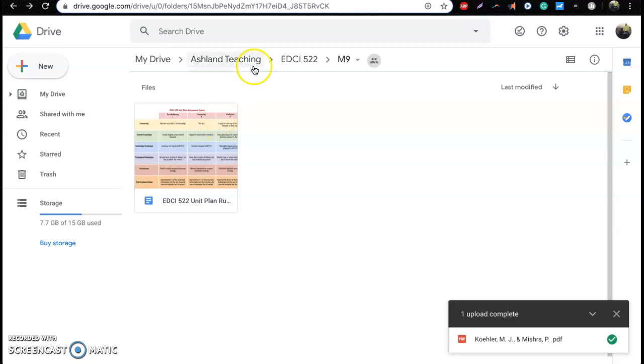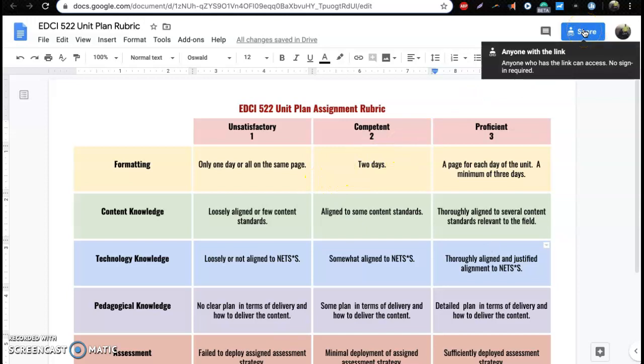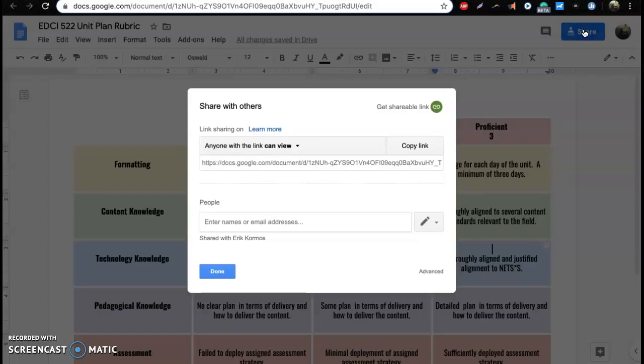Now, I will be switching over here to the rubric for our unit plan, and I will show you now how to actually share this document so that it can be viewed by anybody. So I would like you, as I mentioned, to please write your document or your paper in a Google Doc, not in Microsoft Word. Once you have completed and finished your paper and you're ready to submit the paper, I'm asking you to please share it with me via URL, and you will just simply put the URL into the Dropbox. To share it correctly, once you are finished, click the share button here in the upper right corner,